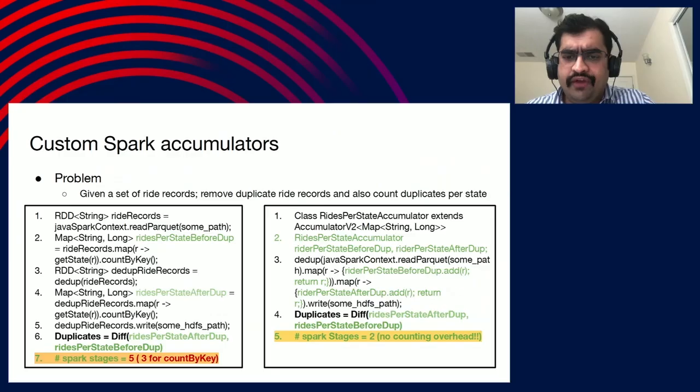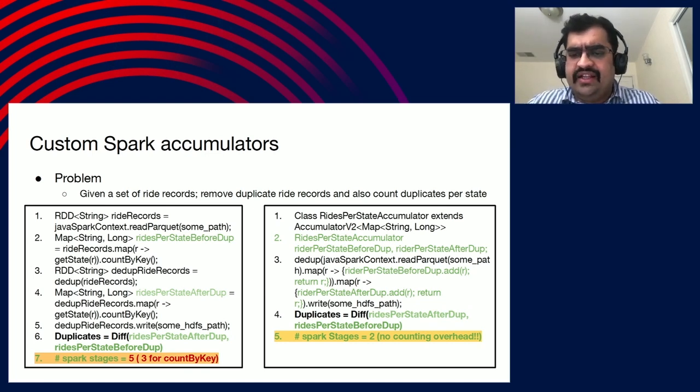If you look at the argument which is passed to the dedupe function in line 3, we are just chaining a map operation. And as you know, map is not a Spark action, it's lazily evaluated code. So you are just chaining some extra functions to be executed for every record whenever this DAG gets executed. We are adding one such map function, and we are saying that for every record, increment the counter based on its state ID. After deduplication is done, we are chaining one more map operation where we are trying to increment the count for the writes per state after dedupe accumulator.